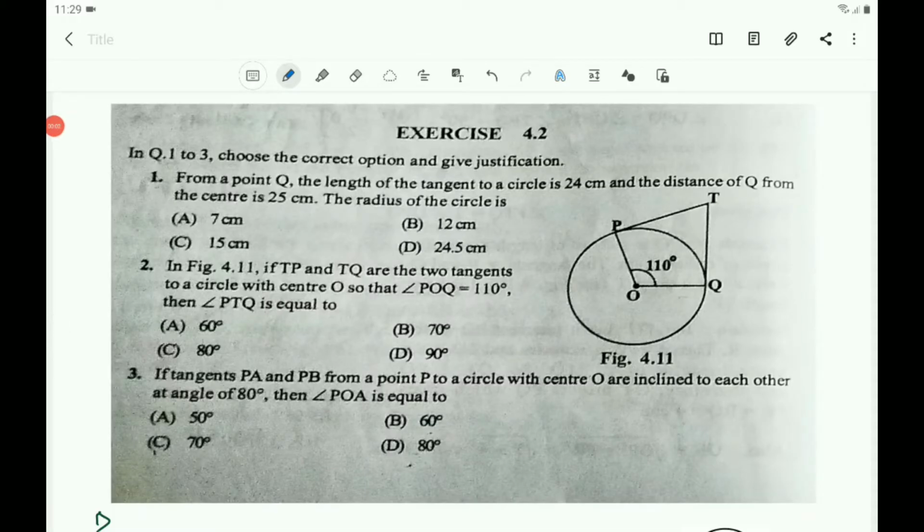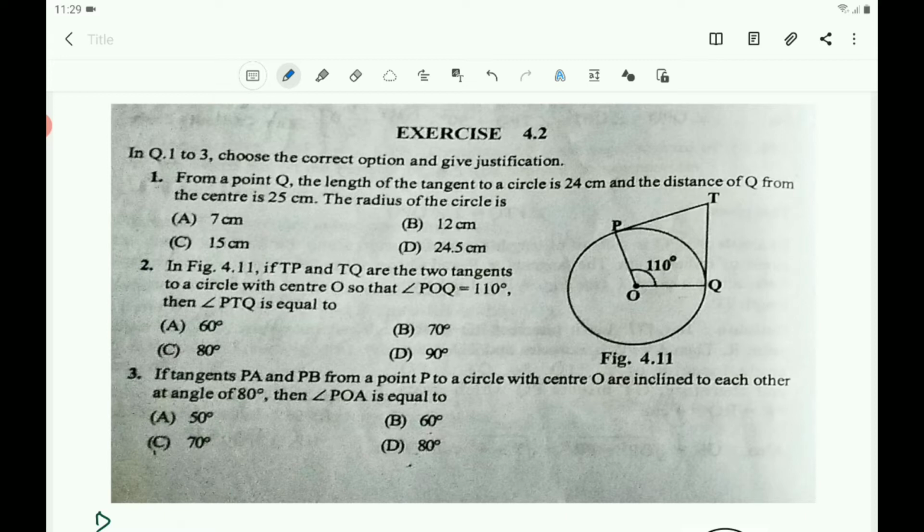Children, let us continue the chapter circles. Now let us solve the second exercise of the chapter, and the question number 1, 2, 3 are the multiple choice questions. You have to choose the correct option and also you have to give the justification. The first question is, from a point